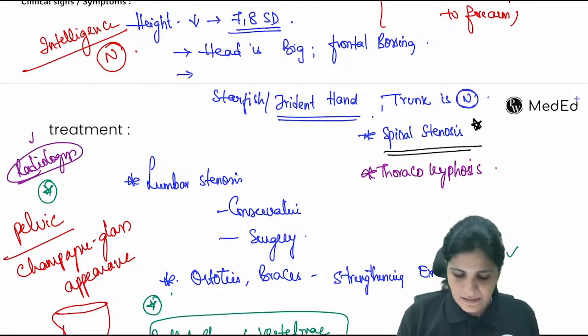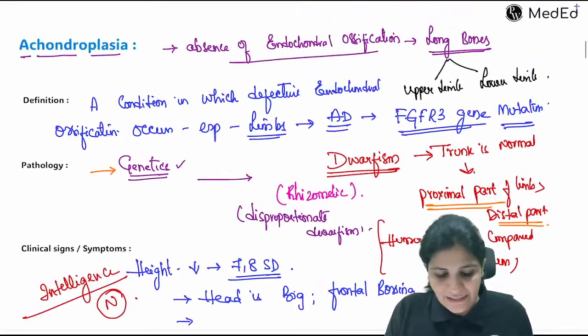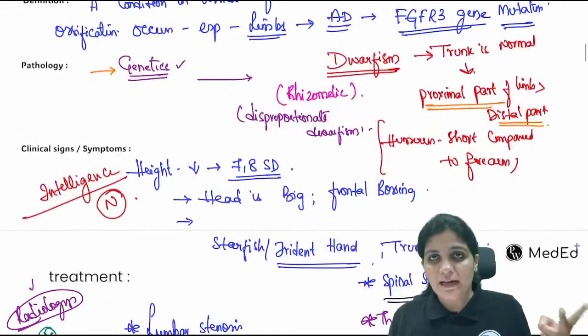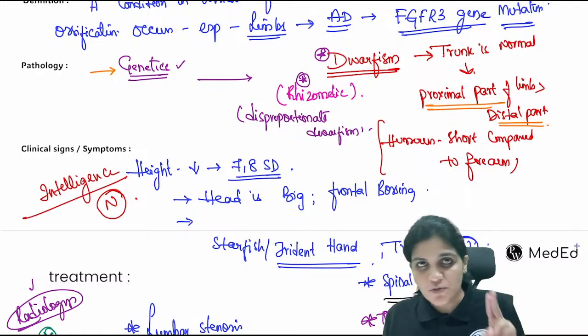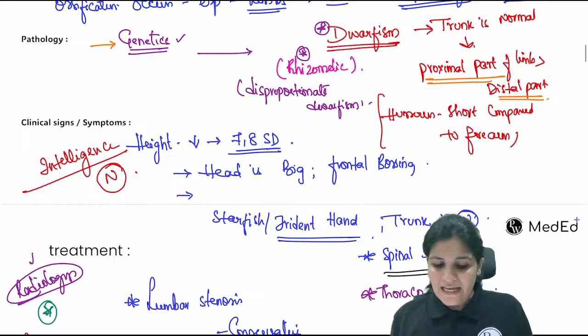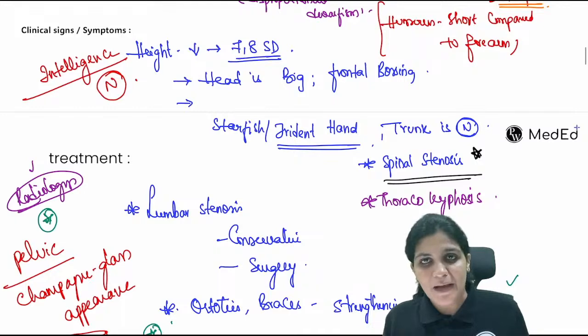So what they usually look for is, first they will look for the definition, like what actually would be the problem. And then they will look for the word dwarfism and the rhizomelic dwarfism, right? So these two are the important words which should have been mentioned. And then you have to write about this. Intelligence is normal and the trunk is normal. And what could be the most important complication? That could be spinal stenosis and thoracic